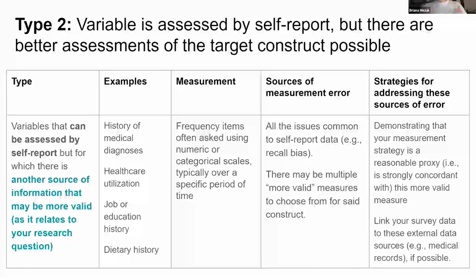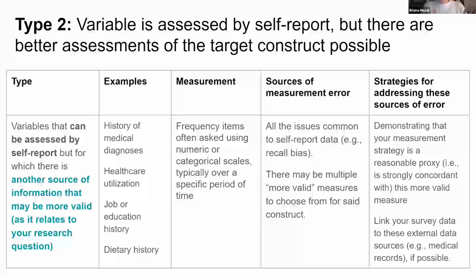So again, we typically ask these types of questions of this type of variable where we can assess it by self-report, but there's another source of information. These are usually things like frequency or categorical scales, usually over a specific period of time. Again, there are all the same problems with self-report data, and there might also be multiple more valid measures to choose from. So again, the sources of measurement error are, there's not a gold standard necessarily for healthcare utilization, but there might be multiple,